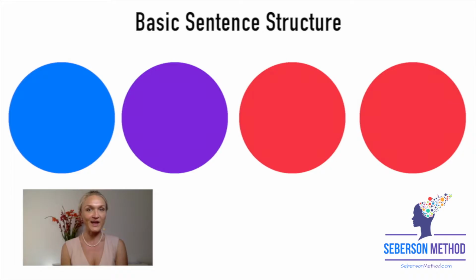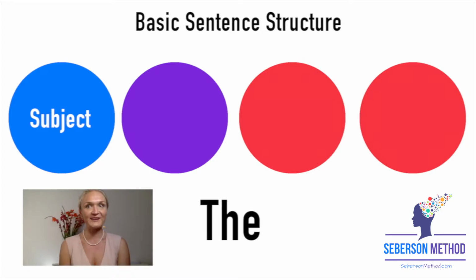And now let's go through each part of the basic sentence in order. Let's begin with a subject. Subject is your actor of the sentence. It's usually a noun, and in fact, 2/3 of English sentences begin with the article "the." And if our Jackie is reading a sentence and she doesn't find a subject right away, she's going to